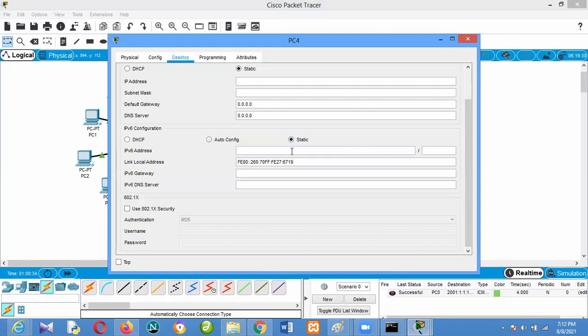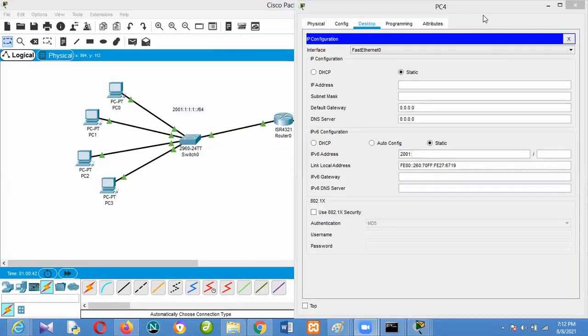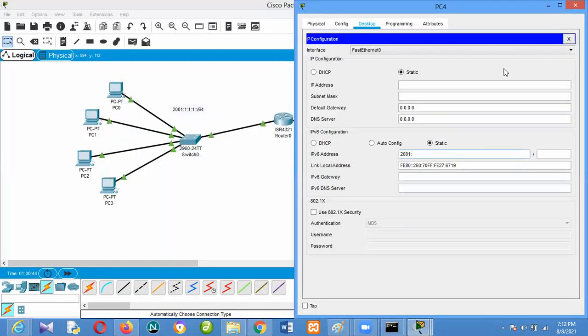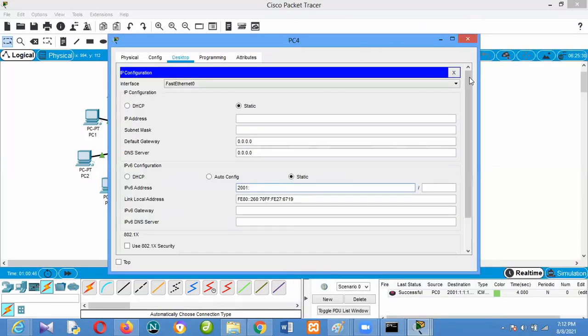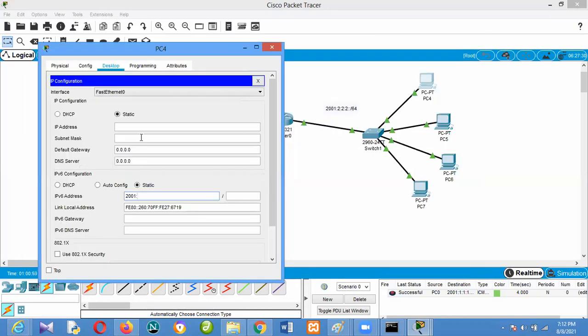Static, 2001:2, because my network is 2222, so I'm using 2222 and 2 here.